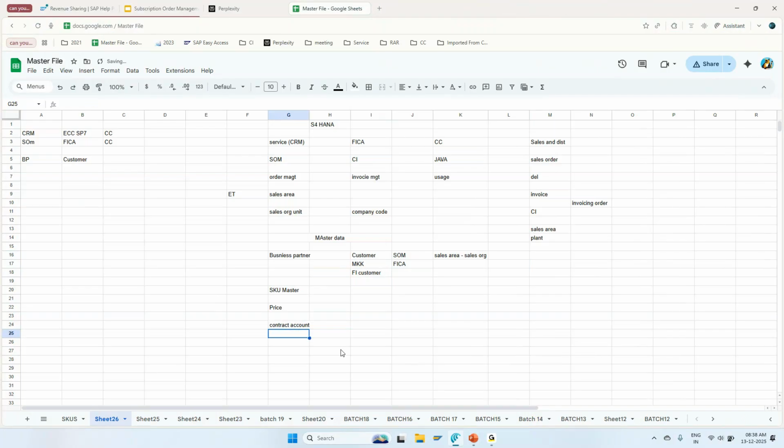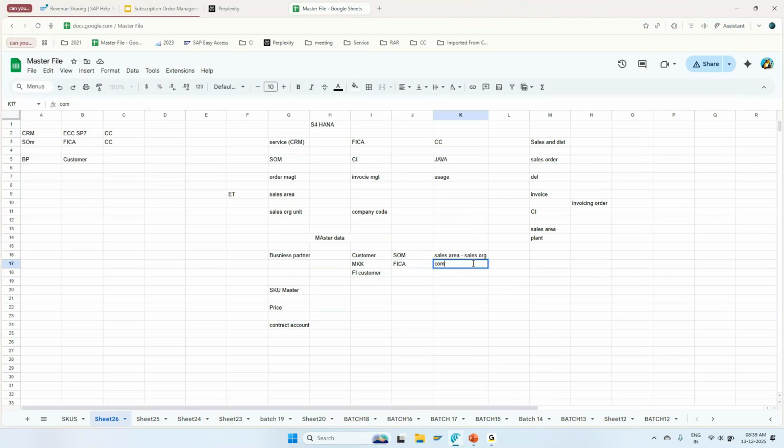This is another master data which is a subset of your business partner. We'll talk about the contract account later. So now, this MKK role helps you control